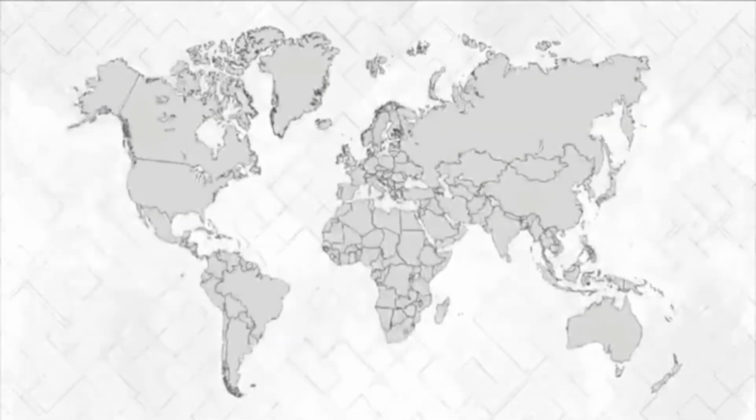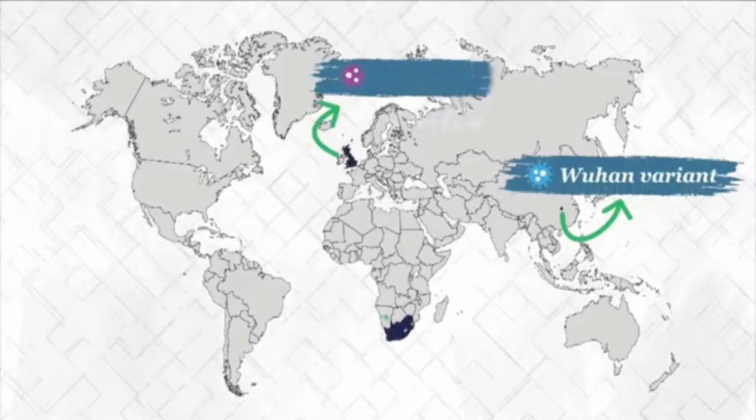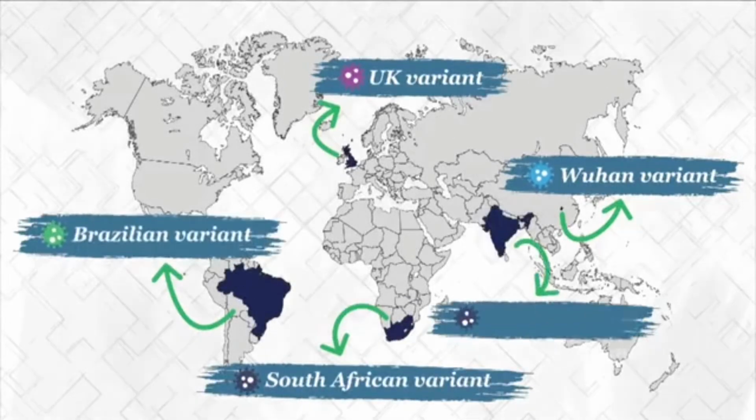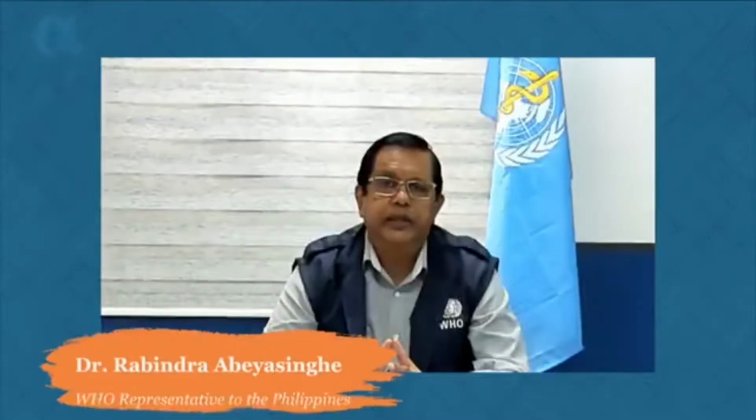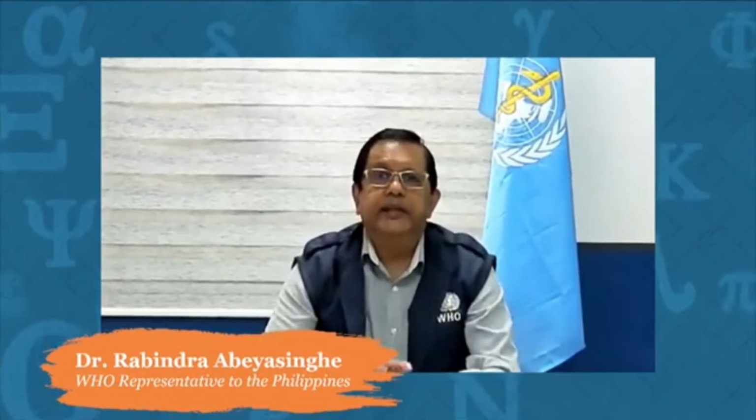Sa dami ng virus mutations ngayon, nagkakaroon na ng diskriminasyon sa mga bansa kung saan nanggaling ang virus. Whenever these variants are detected all over in other countries, it ends in stigmatizing that country or those people from that country. And then the other people in those places start looking at them with suspicion, like, okay, you're bringing this to our country, right? So that's what we want to minimize, because it's not the people, it's the virus, right?